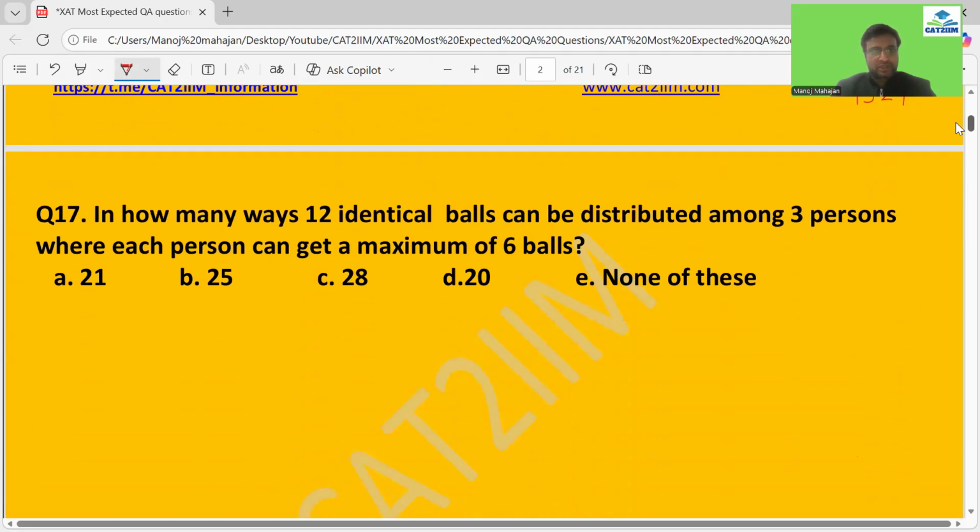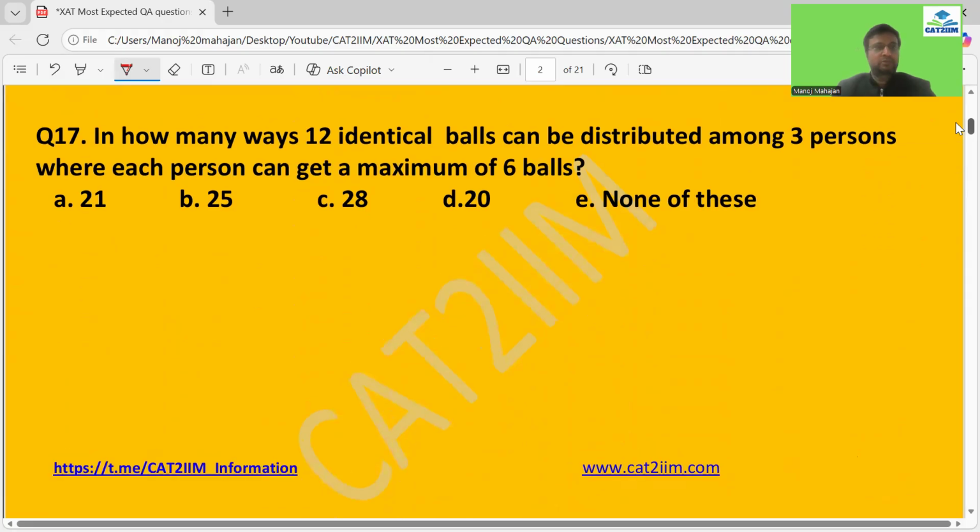Let's move to the next question out here. Give a try to this problem. I'm pretty sure that a lot of students are going to take a longer route in answering this problem. See, this is actually a problem of